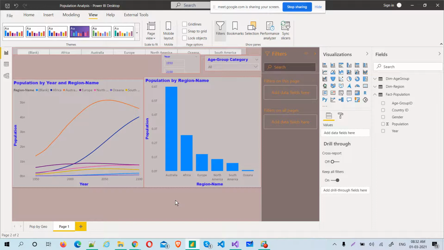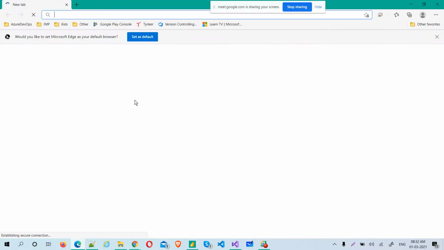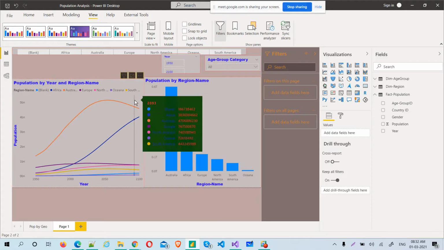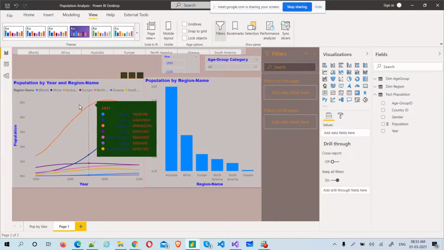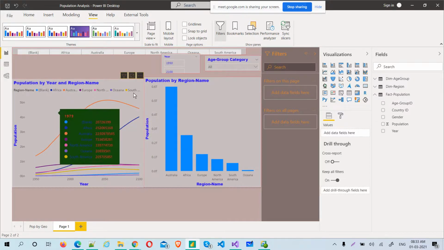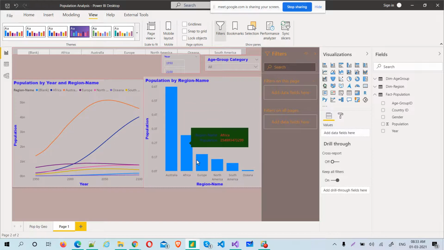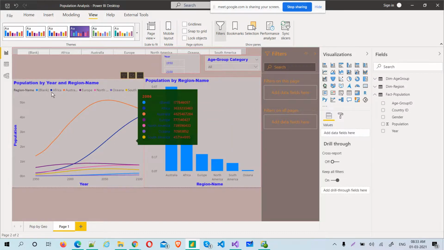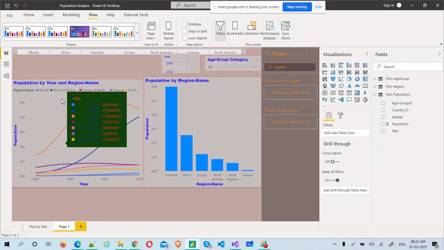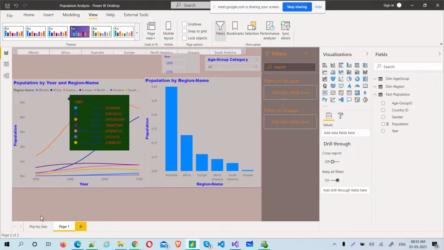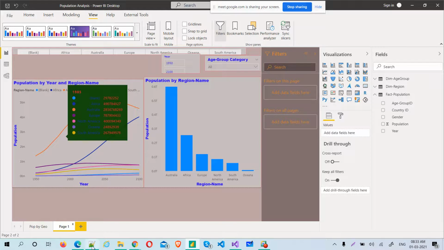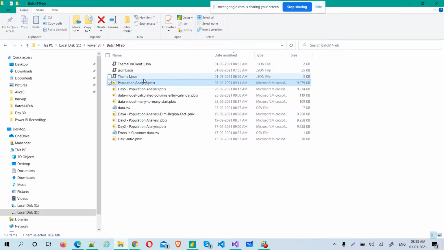We can do a lot of dashboard themes, the same way as whatever you do for the report. But if you create a dashboard, it looks plain white. Let me go step by step. See, now the theme, basically the tooltip, actually changed a lot. Not only that, everything has changed. Now I have saved that JSON file. Where is it? Yeah, this one.